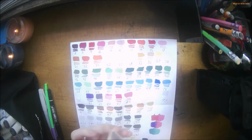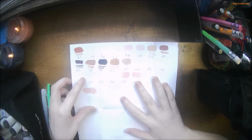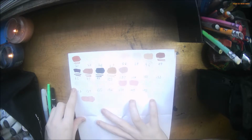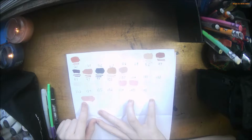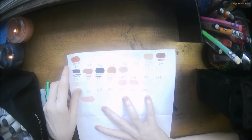Oh, and here's the swatch set for the skin tone markers. Some of these are repeated from the 80 set, and this set also came with the Colors Blender, which I was using here, but it actually removes the pigment rather than blends it. Anyway, it's a long range of skin tones. You have blush colors,